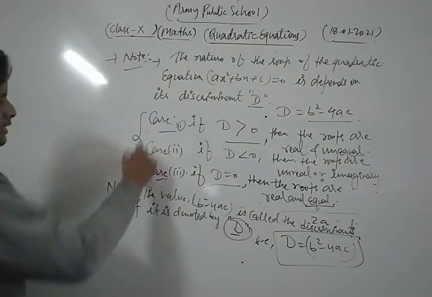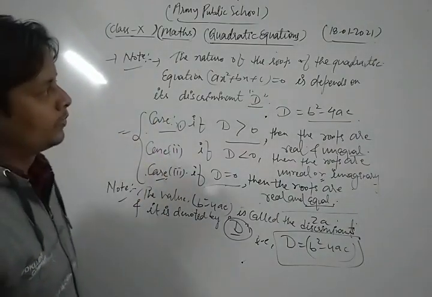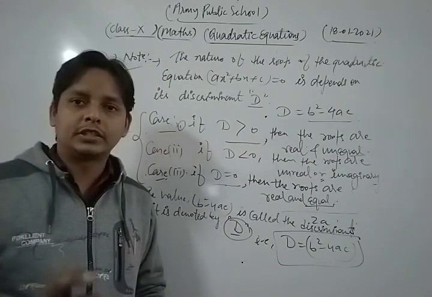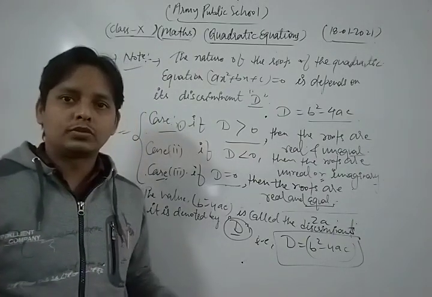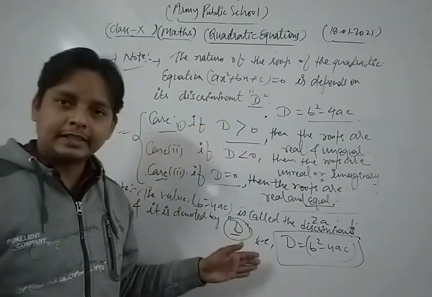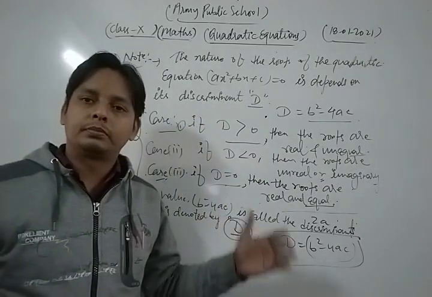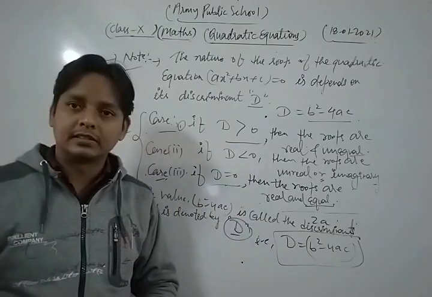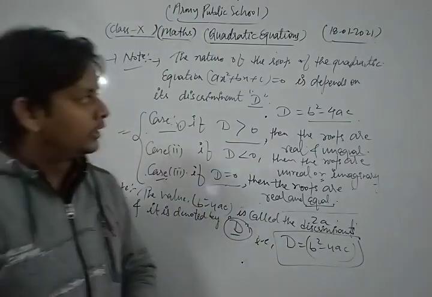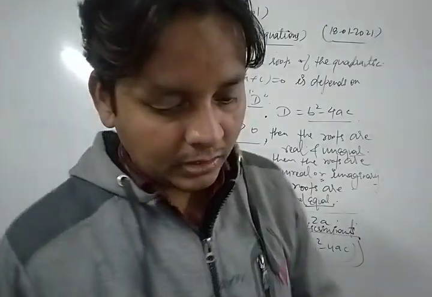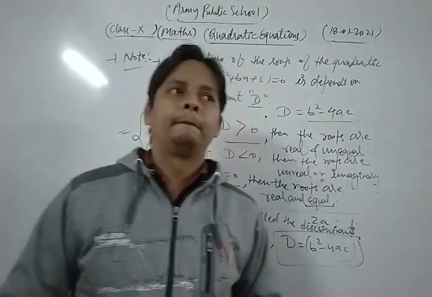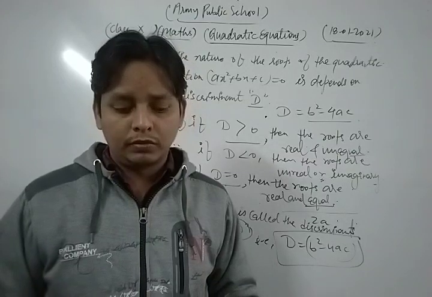So these are the very important cases, results related to the quadratic equation. So please, dear friends, learn all those cases and solve the questions of your NCERT exercise based on all those cases. Okay, now, dear friends, now we are going to take and solve